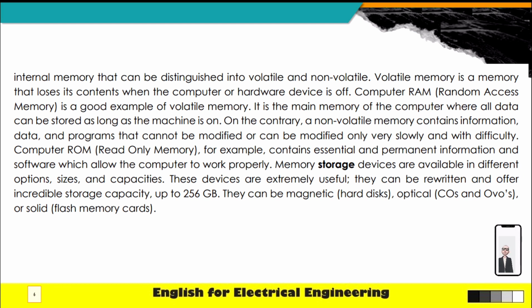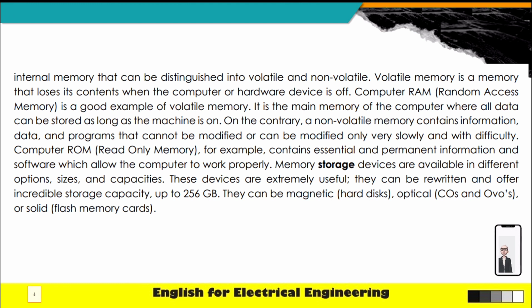Volatile memory is a memory that loses its contents when the computer or hardware device is off. Computer RAM, random access memory, is a good example of volatile memory. It is the main memory of the computer where all data can be stored as long as the machine is on. On the contrary, a non-volatile memory contains information, data, and programs that cannot be modified or can be modified